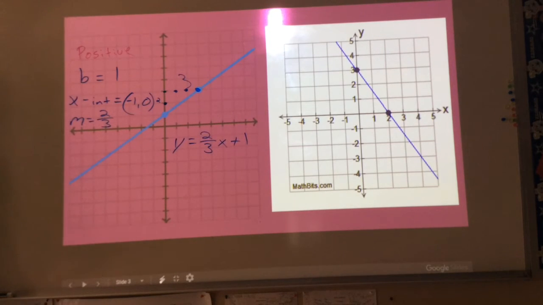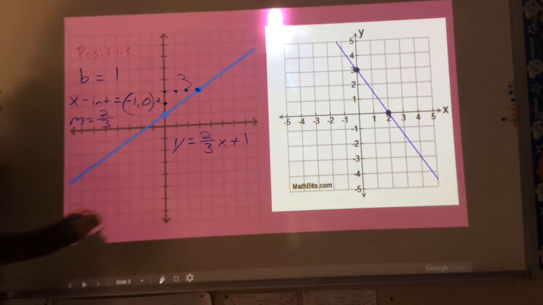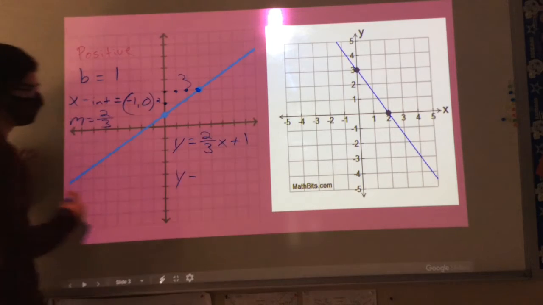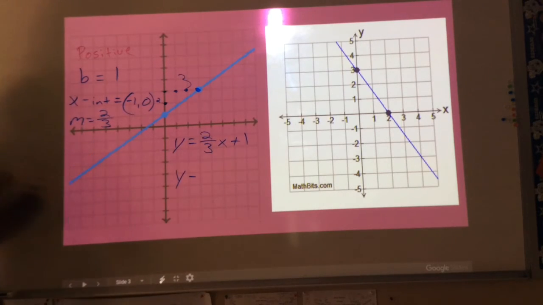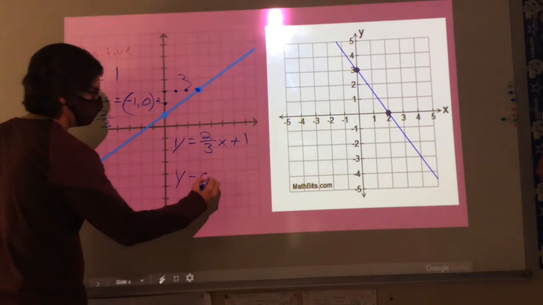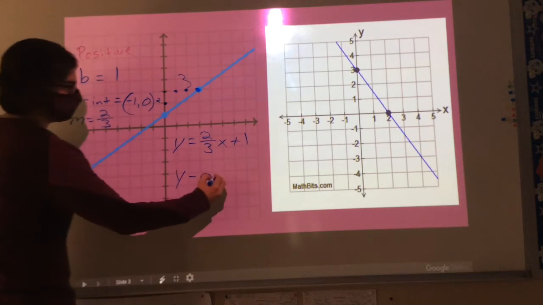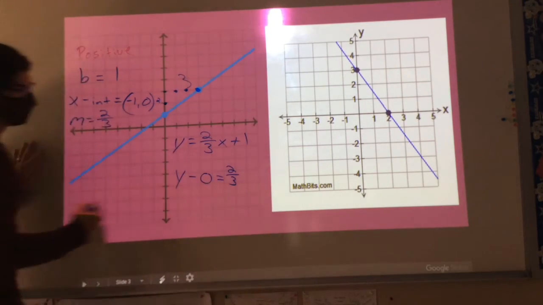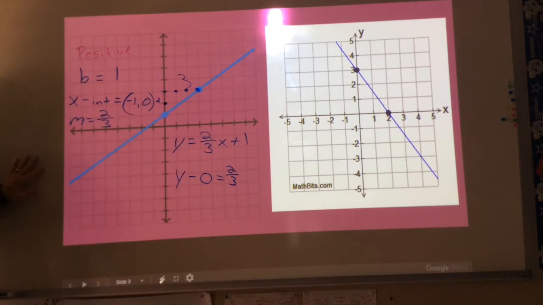You mean to tell me we were able to identify that much stuff without ever having to do a single bit of math? It's pretty remarkable. All right, let me throw you another curveball. Can anybody put this in point-slope form? Okay, you want to give it a go? So y minus 0, 2 over 3, parentheses,